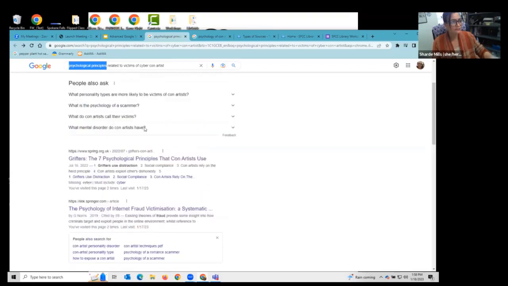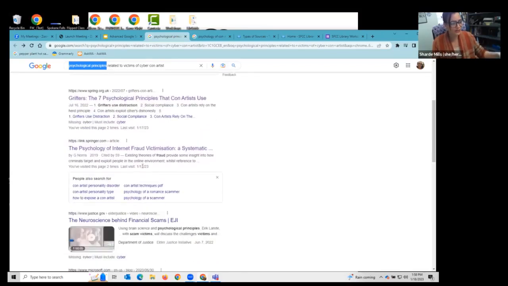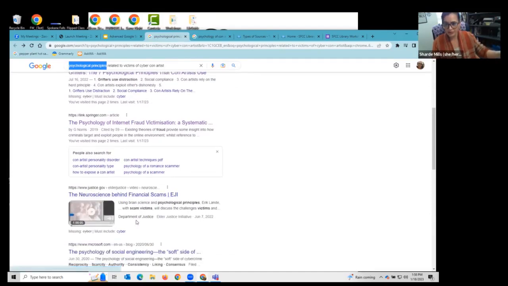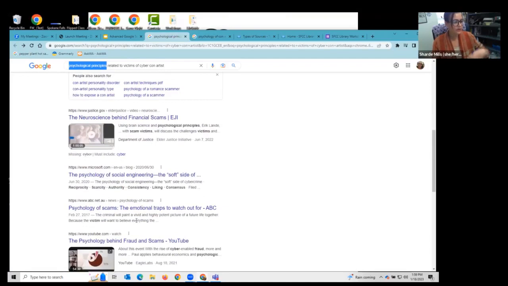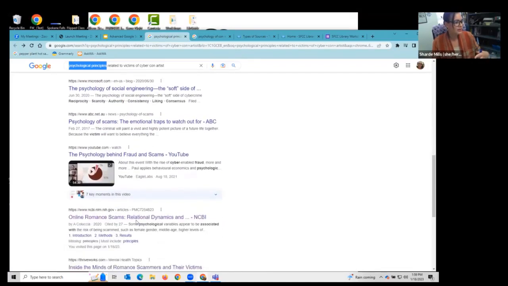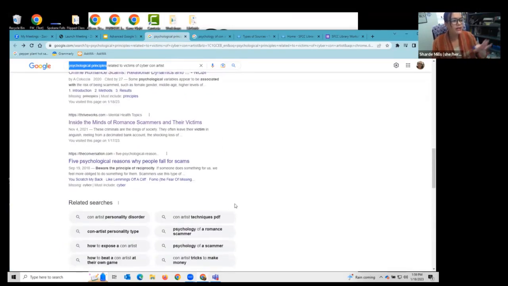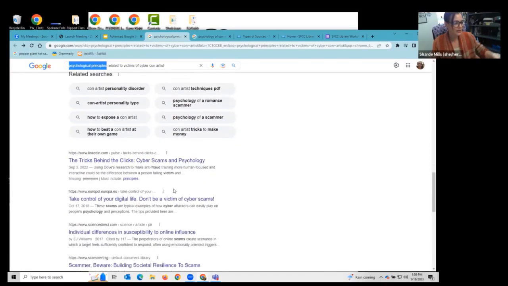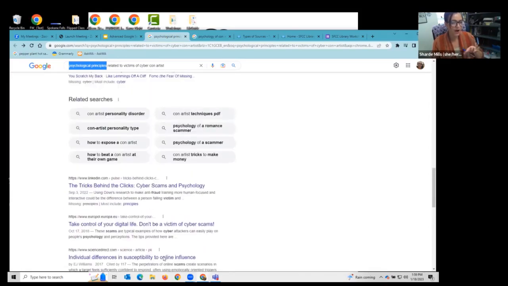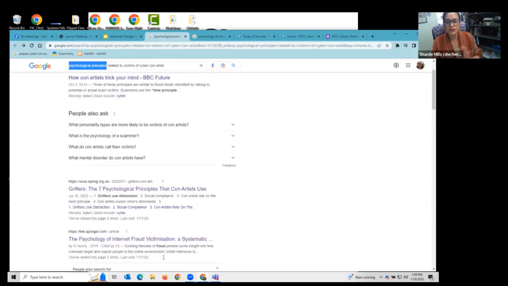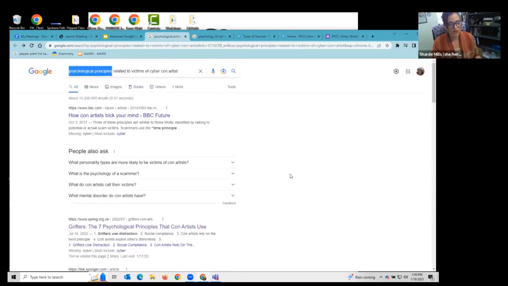So I'm getting things from the BBC, some scholarly information. Here I am getting a website that looks like it's from the government. So again, when I'm thinking of options for credibility of information, I'm getting some things here that I think might be a little bit more feasible from that perspective. I'm not going to click on each individual thing because I want to make sure we get through all of our next steps. But do know that that's part of what I'm looking at when I'm looking at the source type here. So I can tell by just using a different type of language, my source types are changing and the information I'm getting is changing as well.